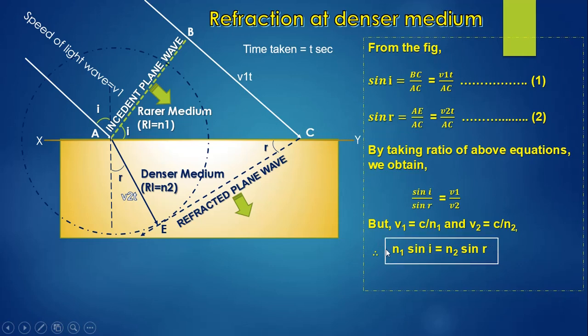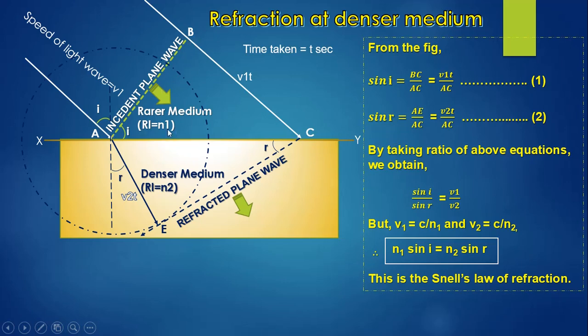This is a very important equation, and this is Snell's law of refraction. In the examination, you have to draw this diagram with proper labeling. You have to indicate the incident plane wave, the refracted plane wave, and angles I and R, and with the help of geometry, you have to show that